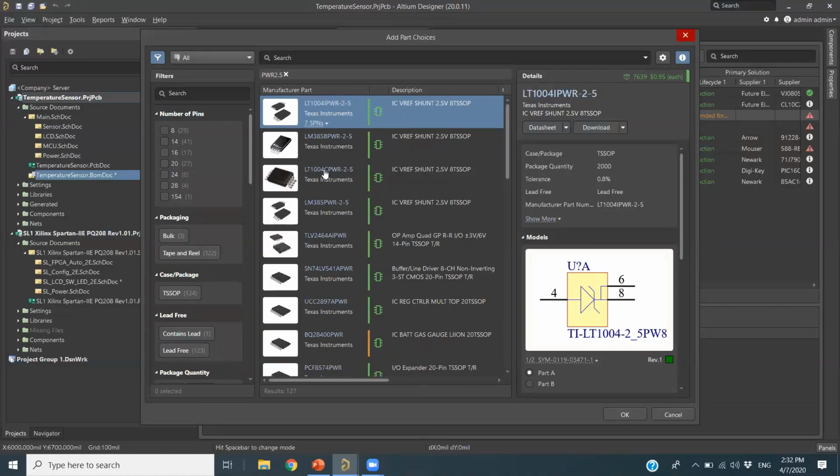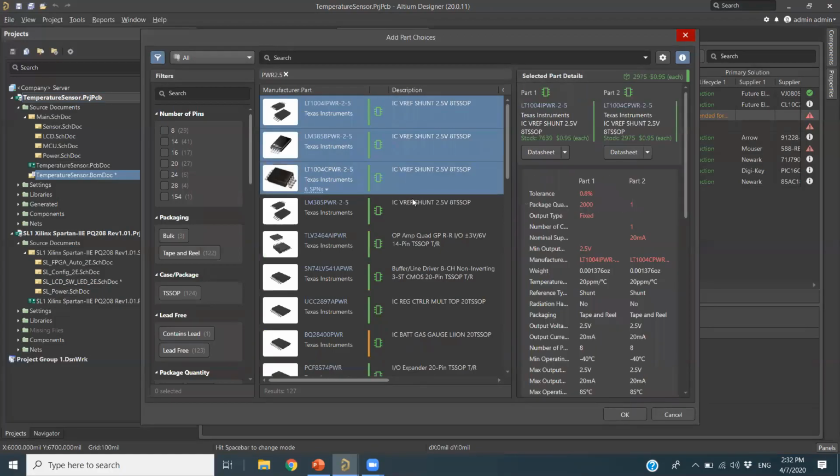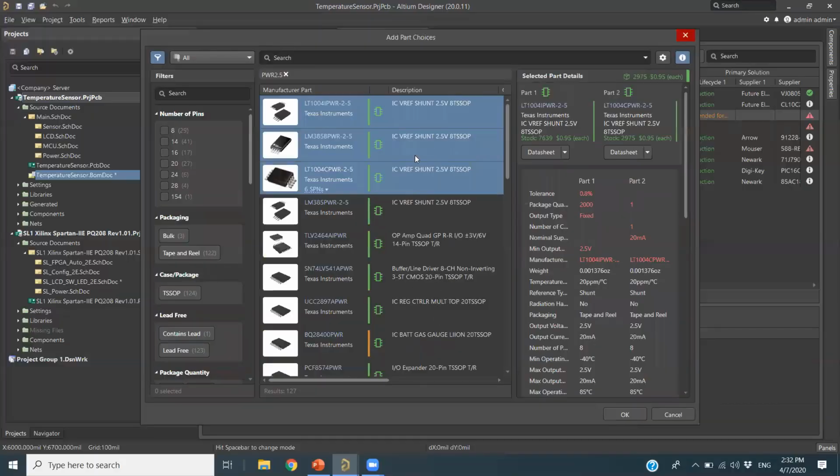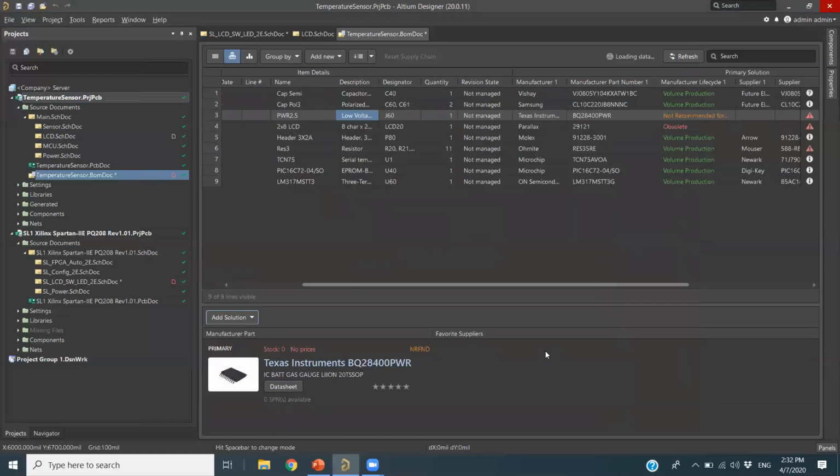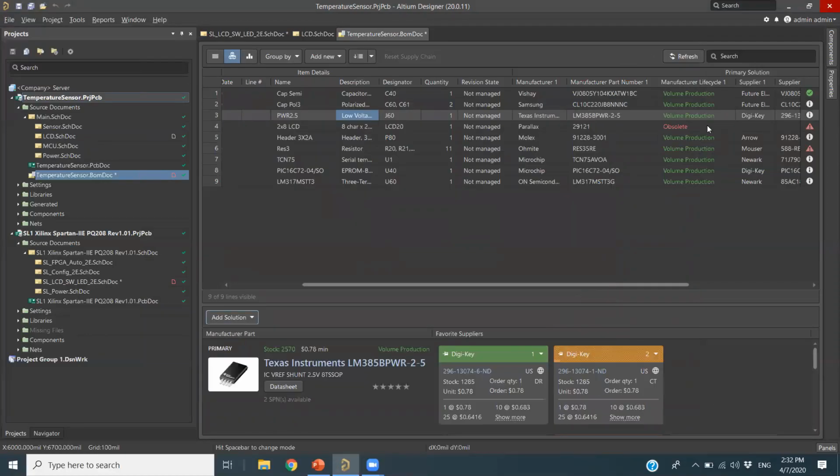For example, I choose these 3. There is a volume production, all these are here. I choose these 3 and then click OK. Now it has changed from not recommended to volume production.